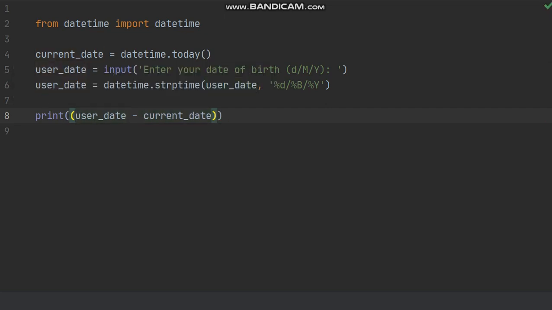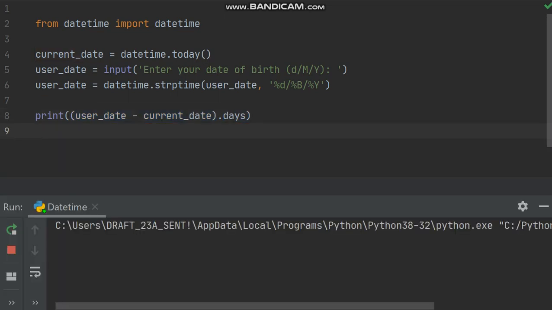Okay, all this in a bracket, because if I put the .date to the current date, it only assigns it to the current date. So I have to say .days. All right, so the .days will happen after the subtraction because it's in the bracket. So after everything that happens within the bracket, I only need the days. So if I run it and say 23rd of December 2020,